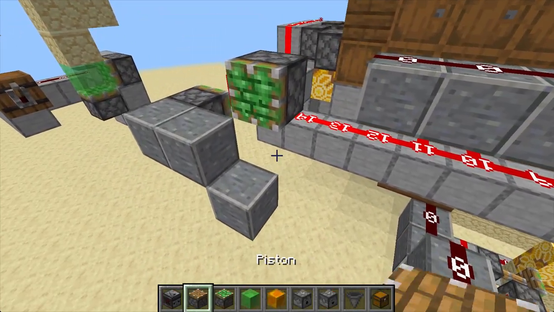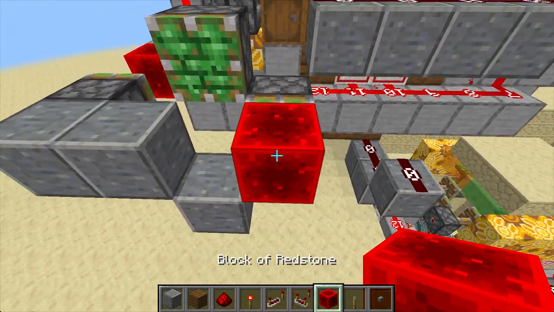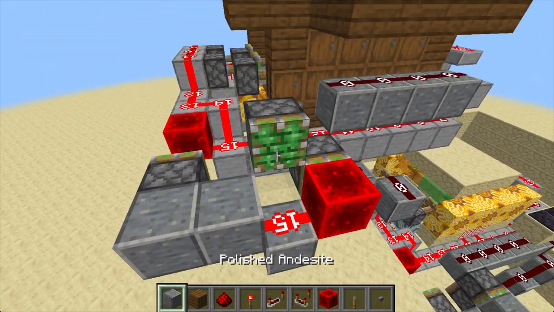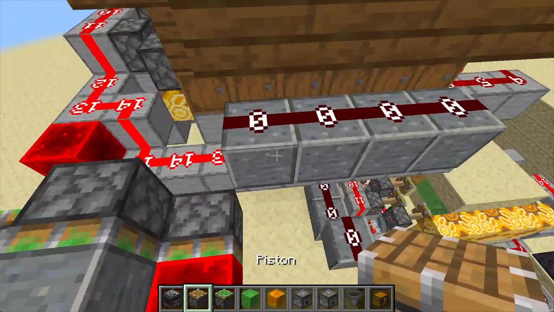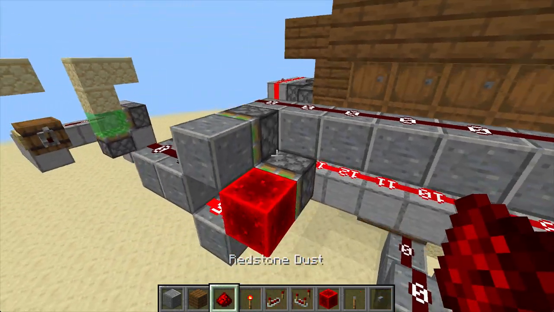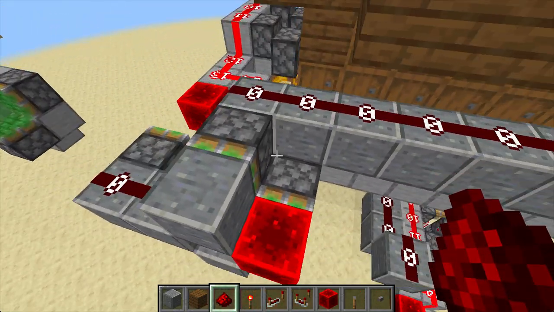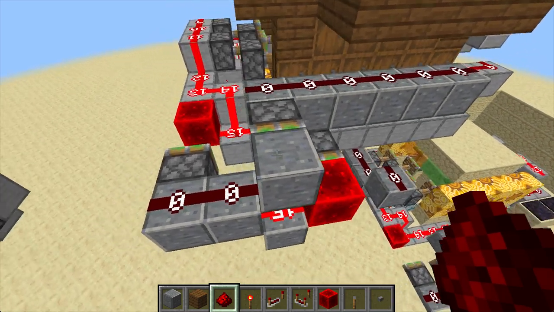Second one powers it, or unpowers it. Okay, so blocks here. What this is doing